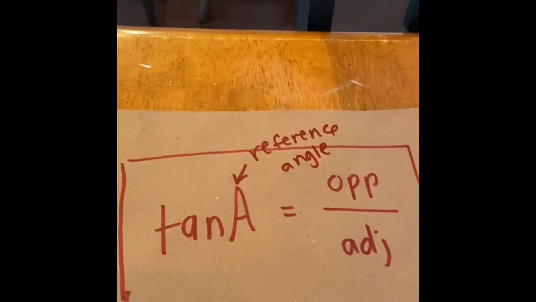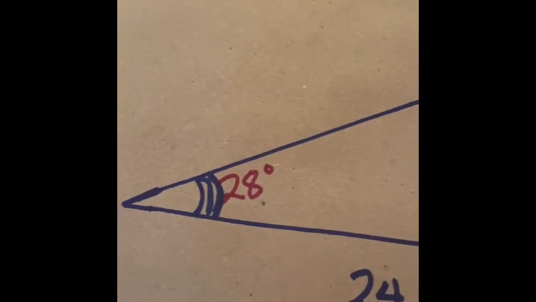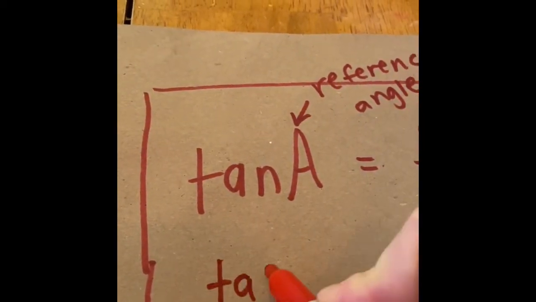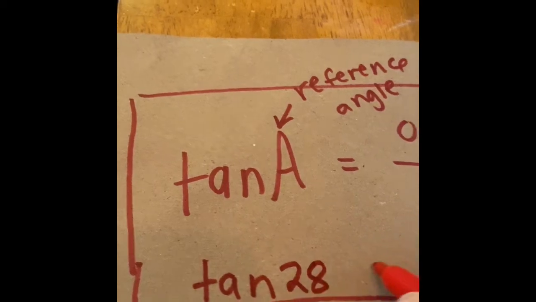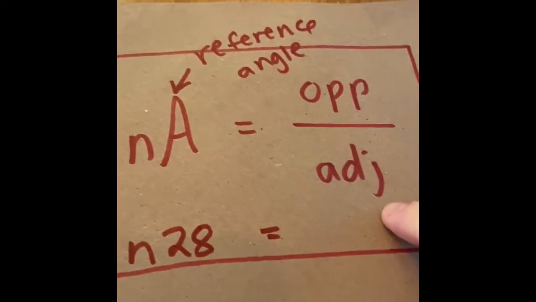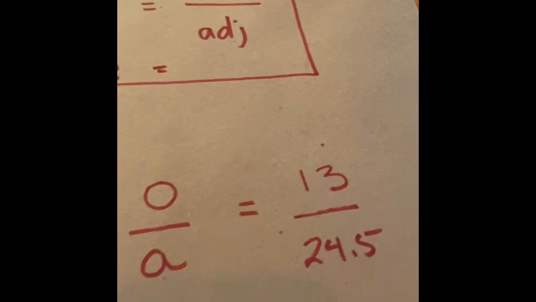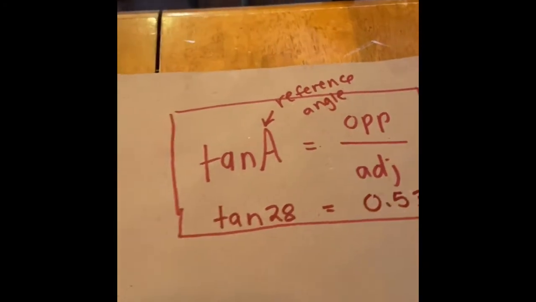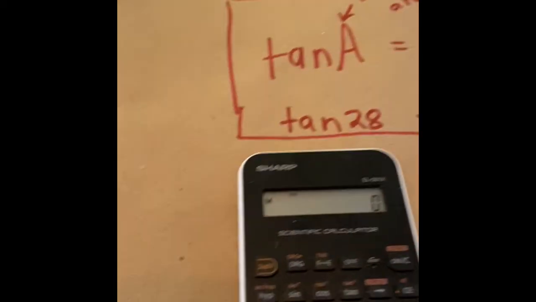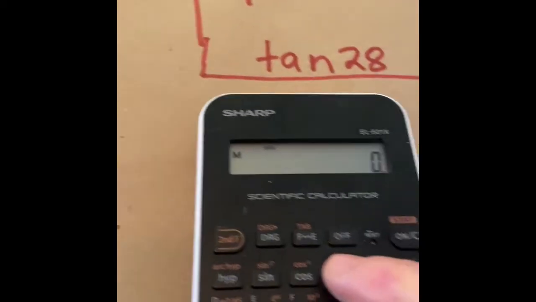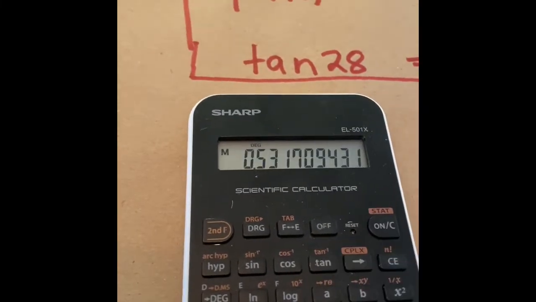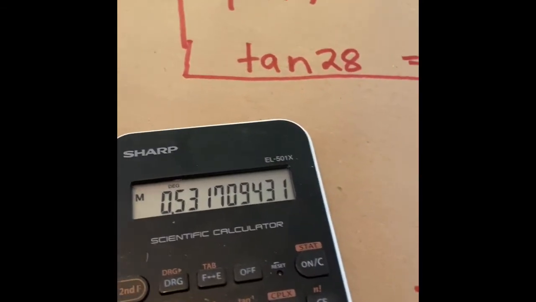Okay, so let's see. Our reference angle is 28. So if I did tan of 28, opposite over adjacent says it should be 0.53. Let's try my calculator and let's check. If I go on my calculator, I find that tan button, tan of 28. Oh, on this calculator, you have to press 28 and then the tan. Oh, look, I do get